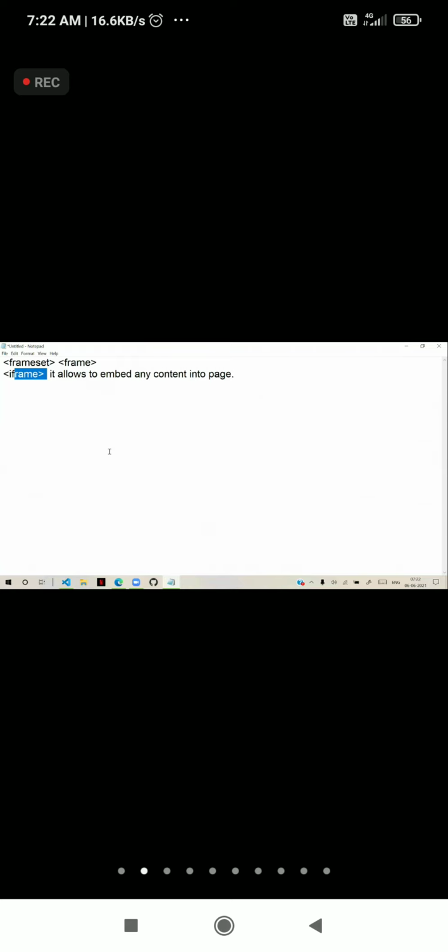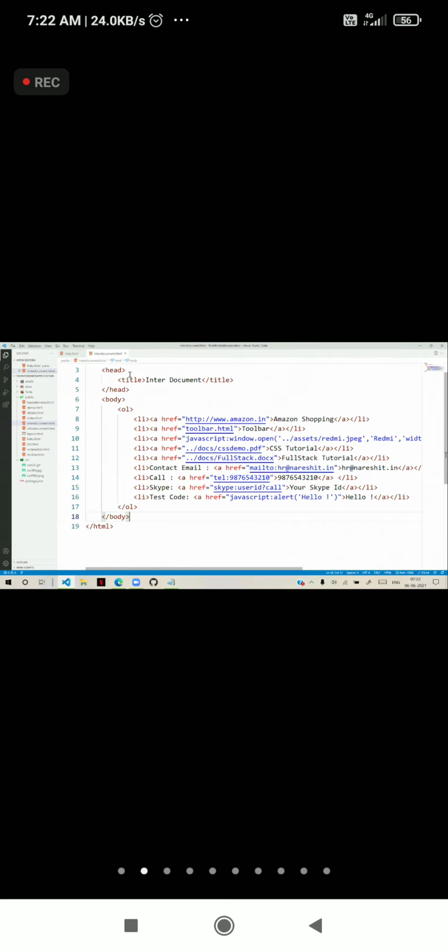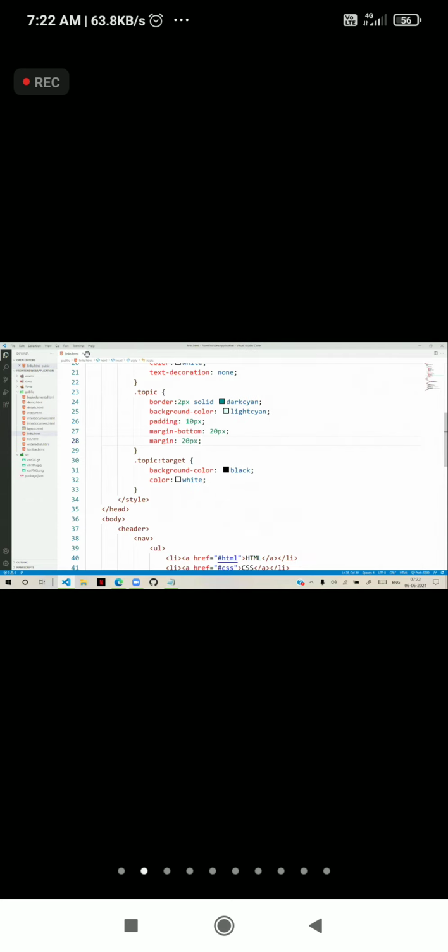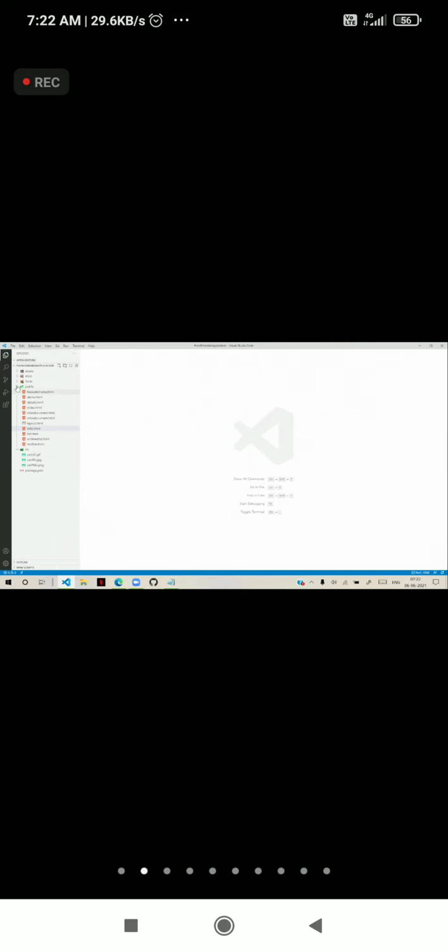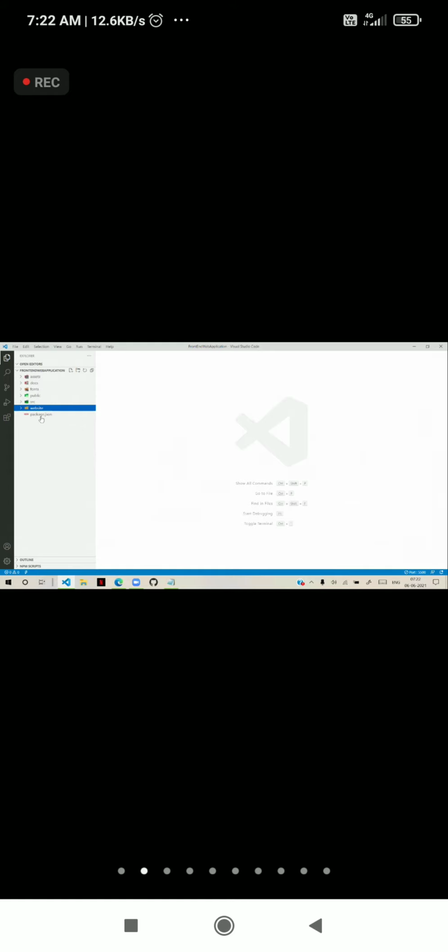I will show you. So for example, let's create a simple design here. In our project, I will create a simple folder called website. Website is a separate folder I created. In this website folder, I will add some files like home.html.